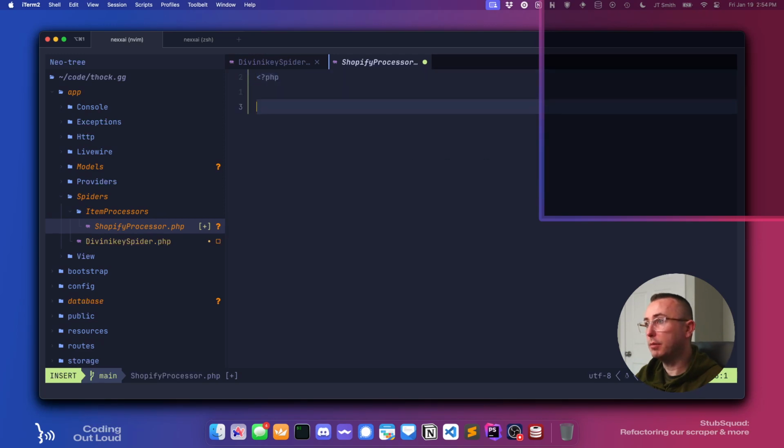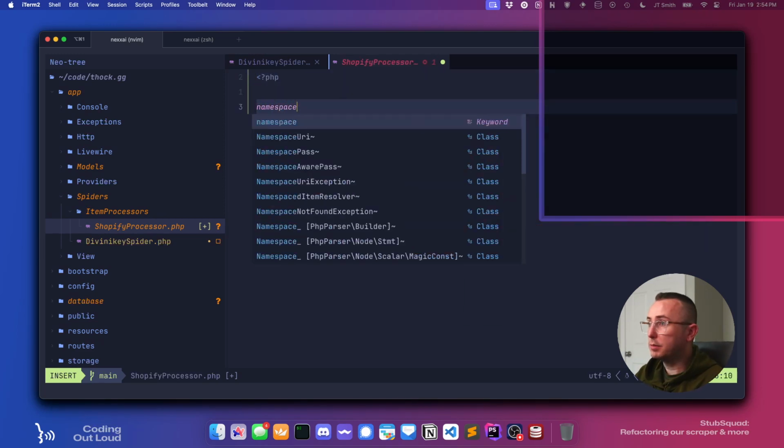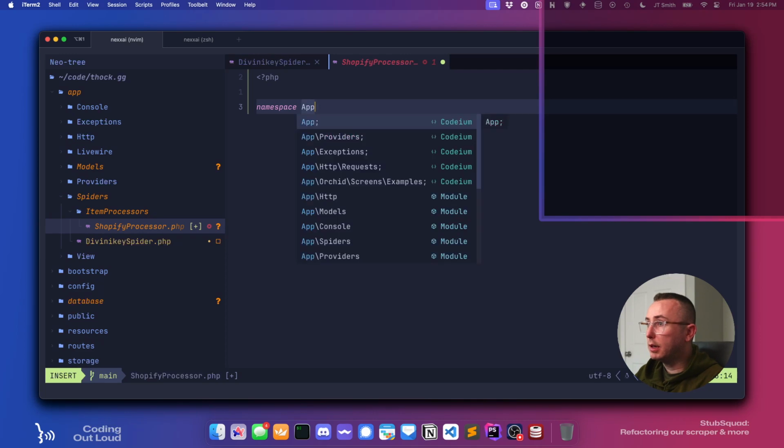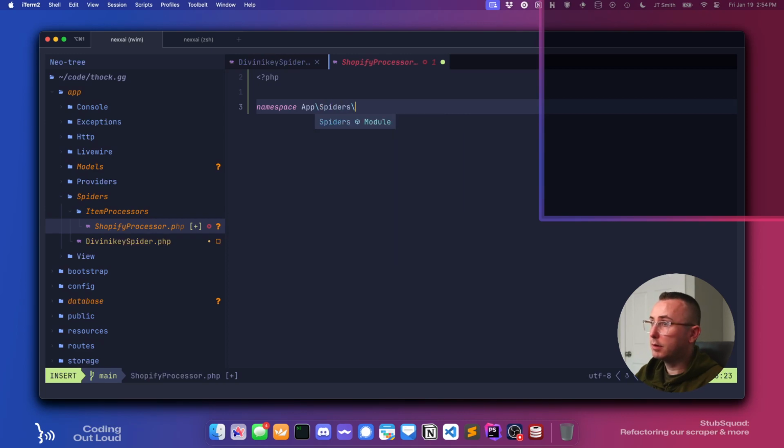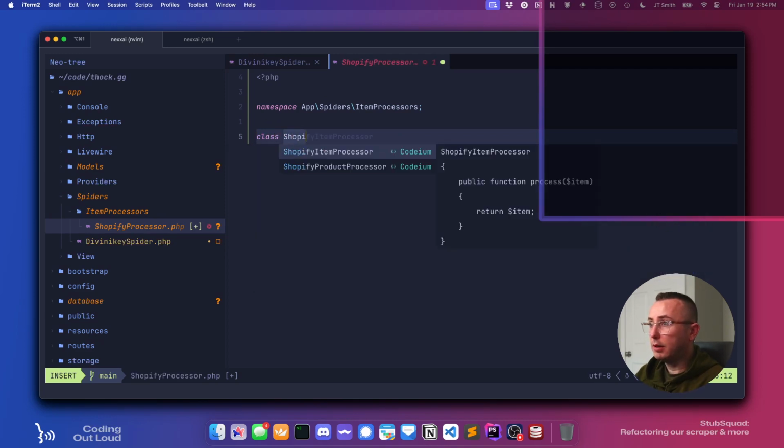No, I'm losing my mind here. This is namespace app spiders item processors. This is going to be class Shopify